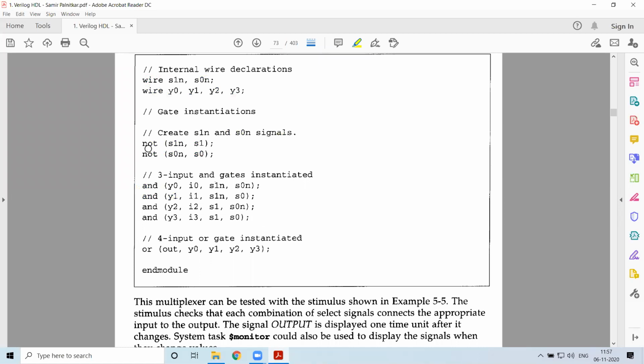So first we defined what should be the inverter input and output. So we defined this part. Next, using S1, S0, I0, I1, I2, I3, and S1n and S0n, I'll be defining the AND gates, how they are connected, and what is the result they are giving. So these are the four results, what these AND gates are providing using these inputs.